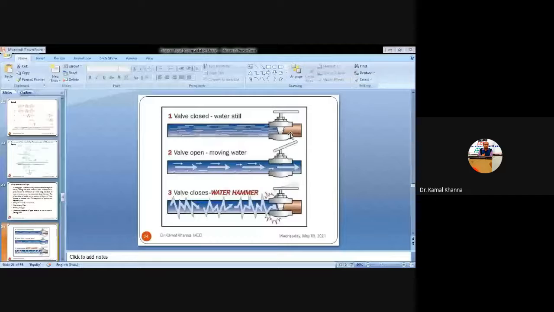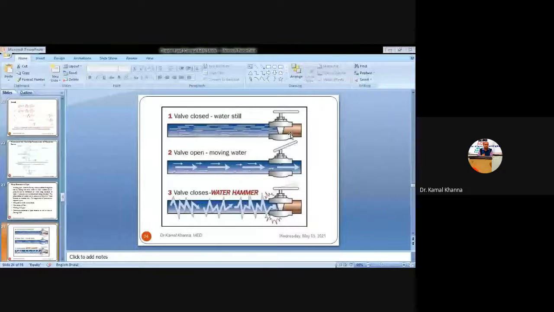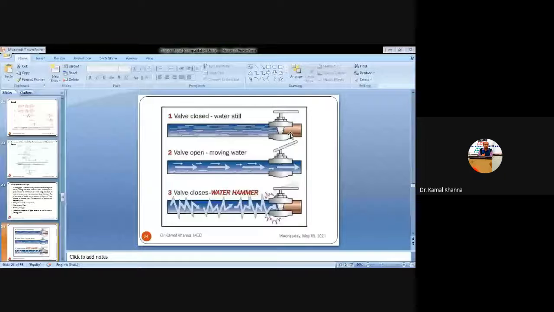And due to that sudden rise in the pressure energy of the water in the line, due to the sudden stoppage, or you can say sudden closing, of the valve, that is called water hammering. This sudden rise in pressure causes porousness or corrosion inside the pipe. So the inner portion of the pipe will be corroded, and that is called water hammering.